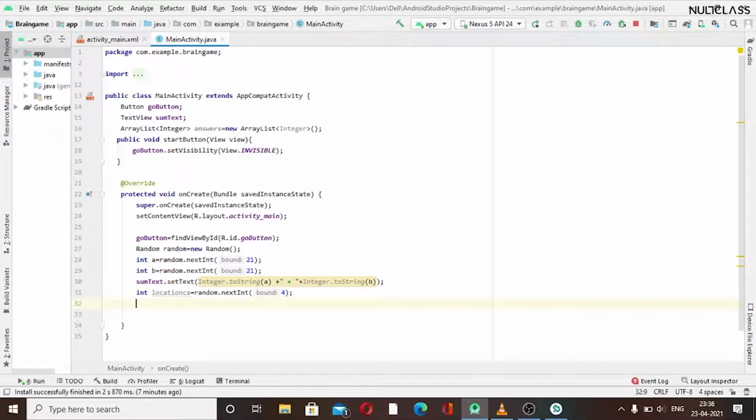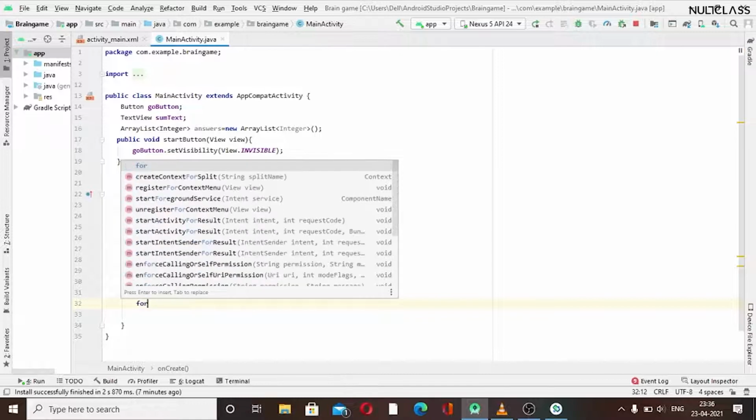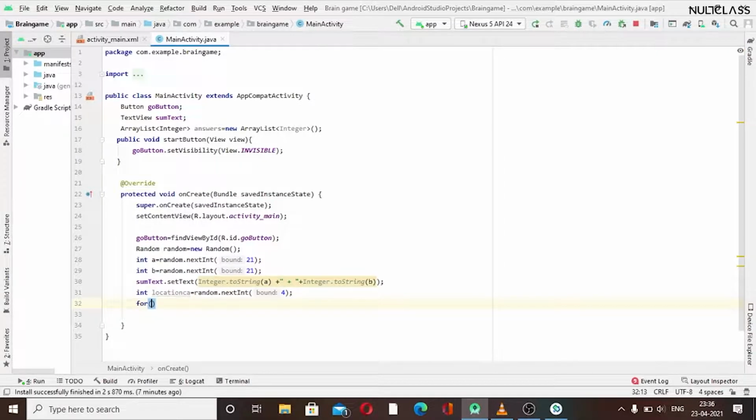Before that, now we want to set the locations, since we have got the location for the correct answer. Now we will use a for loop, because we have four different locations, to set them in our array list, and we'll set it normally, as we usually do.